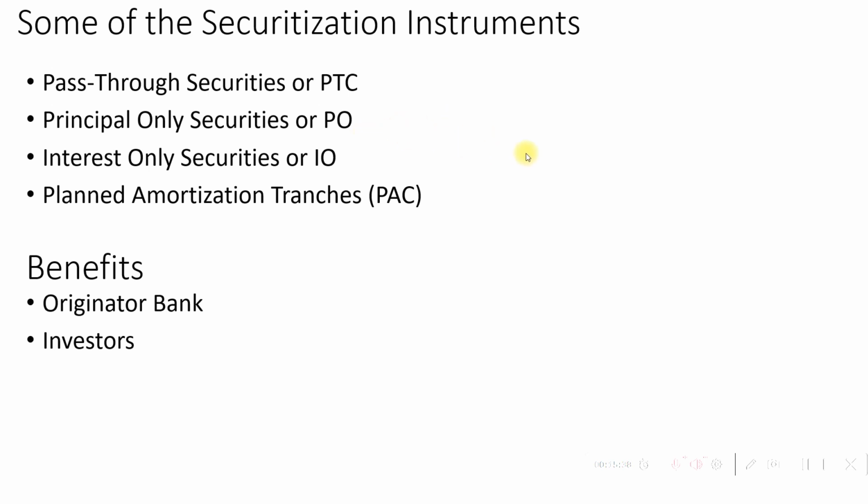Lastly, we'll see what are the benefits. So there are benefits for originator bank and there are benefits for investors. So to the originator bank, what are the benefits? It provides a lower cost of borrowing, improves financial indicators, and is a source of liquidity. It also provides ALM, which is asset liability management. There's a separate section on that which is already available. You can take a look at what exactly is ALM. So the benefit to the originator bank is that securitization provides ALM and diversified fund sources.